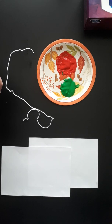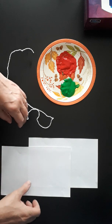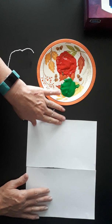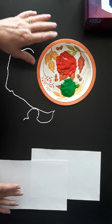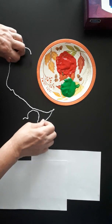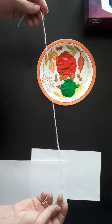Hi everyone! Today I'm going to show you how to make mirror image flowers using a technique called pull string painting. For this you're going to need an 8.5 by 11 sheet of paper which has been cut in half horizontally. Going to need a paper plate, 2 different colors of paint, a piece of string that's been cut